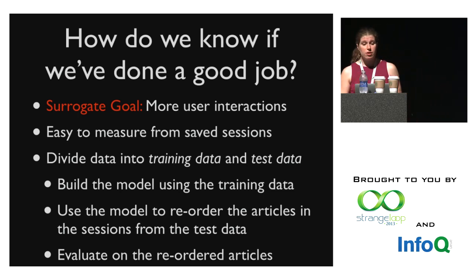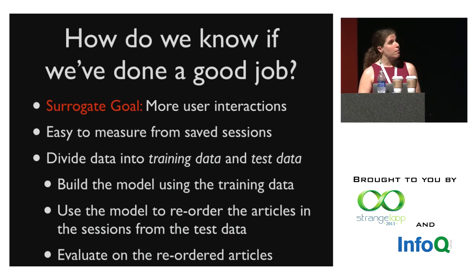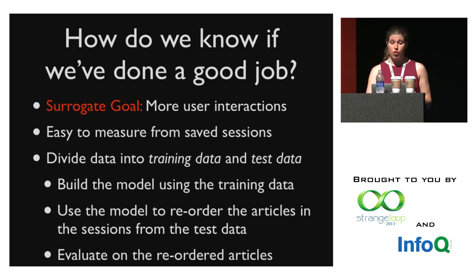And based on the belief that more interaction is correlated with a better experience, we came up with a set of interaction-based metrics that we use to evaluate a model. These metrics will give a better score if there's more good articles, so articles the user clicks on or shares, and they're higher up in the ordered list. And if there's fewer bad articles, those are ones the user X's out, and they're lower down in the list.